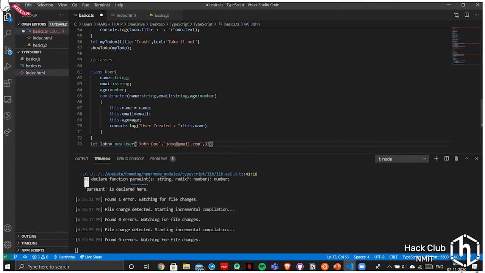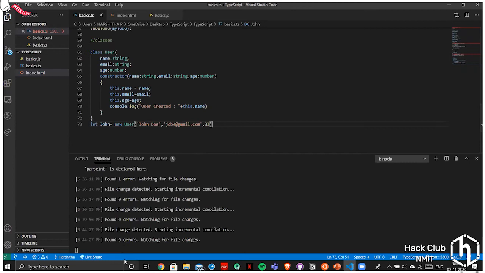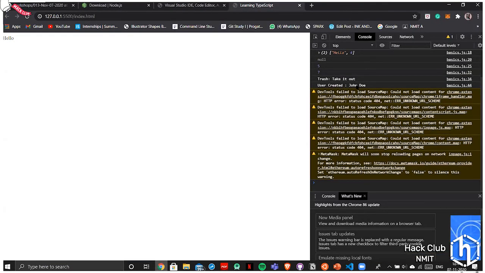So this is your class, User, and the name, email ID, age. Yeah, everything is fine. I will run this. Okay, there's 0 errors. And then you should get a message, user created, and then John Doe. User created John Doe. Cool.